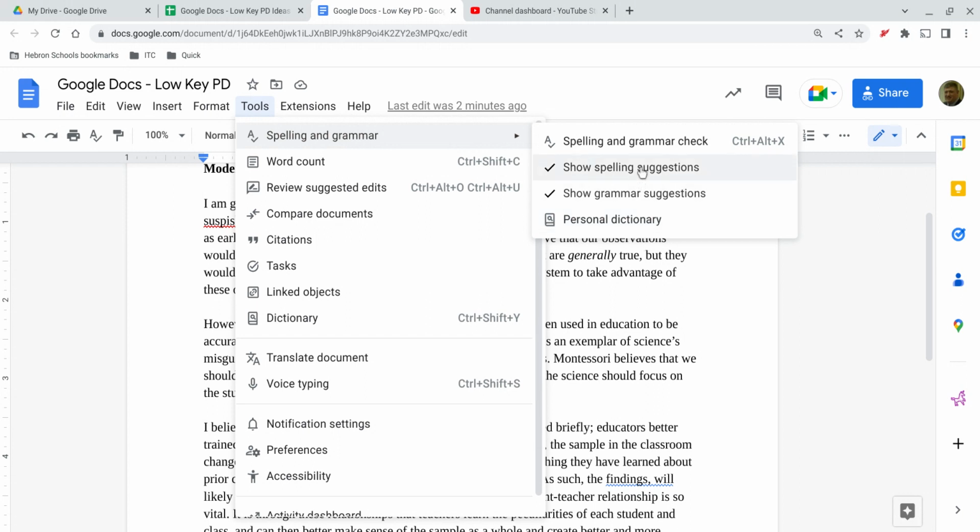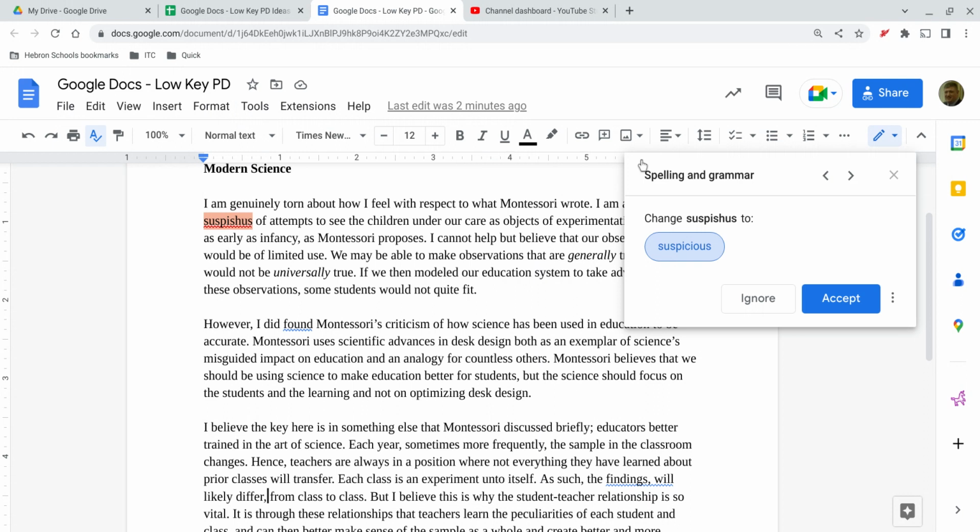But if you want to run a spelling and grammar check, just click on spelling and grammar check and you'll start to get these suggestions. So, suspicious appears to be spelled incorrectly. If I like the spelling and I know it's wrong, I can click accept. And then notice, however, I did found Montessori's criticism of how science has been used,